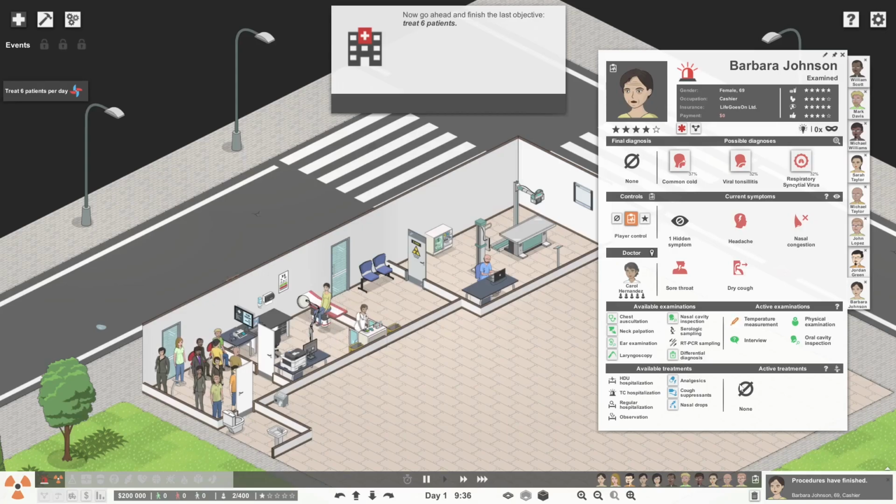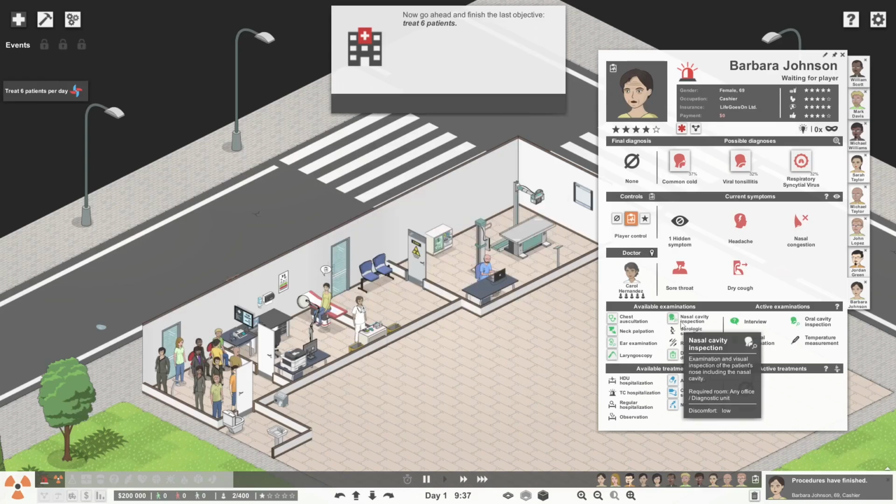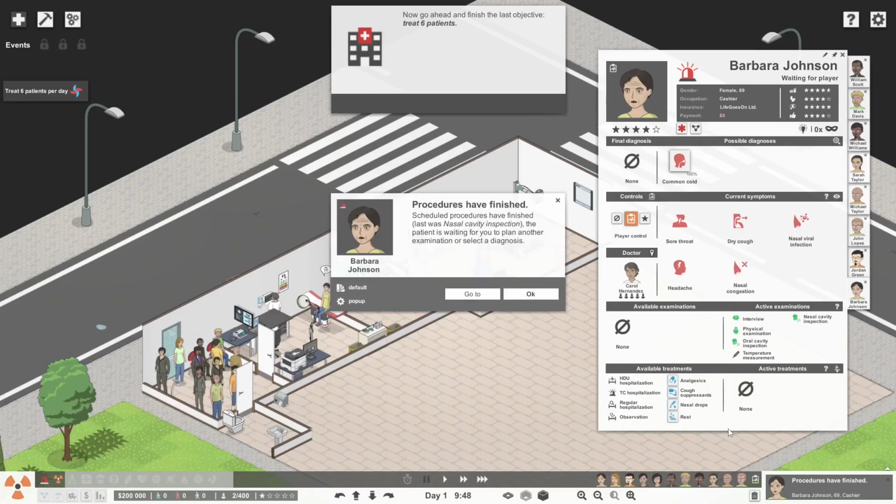So yeah, you can certainly see this is definitely very... All right, we're going to do a nasal cavity inspection. This is a very involved simulation, which is good. I mean, it's got a lot of complexity, honestly. All right, so we've got a lot of symptoms. There's one hidden symptom. So I assume once I figure out what that is, we're going to get things down to... There we go. All right, so the nasal cavity inspection